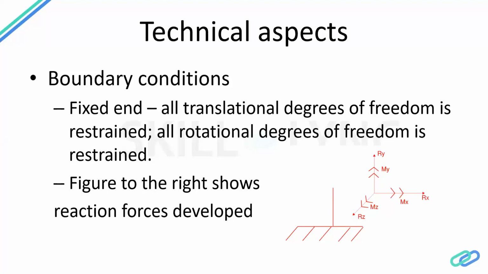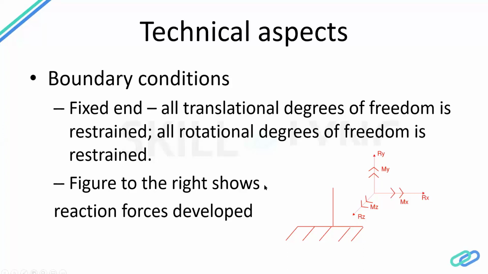But then from a support condition standpoint, say if you have a beam which is moment connected to a column, for example, say if you consider an RCC beam, wherein you have designed a cantilever beam to take care of that moment, which is developed as a fixed end. So that's a good example of this kind of boundary condition.